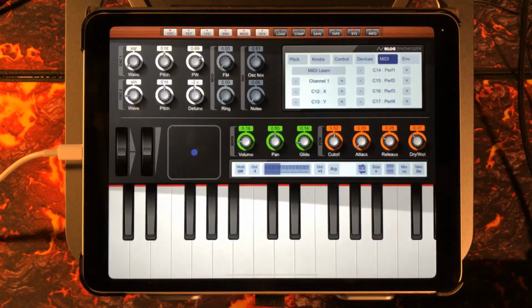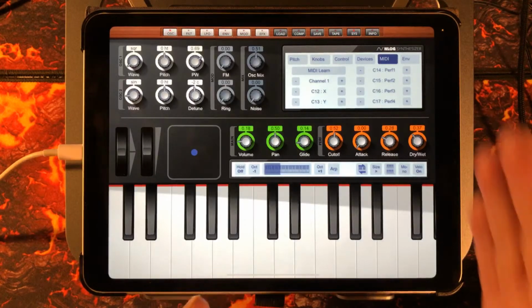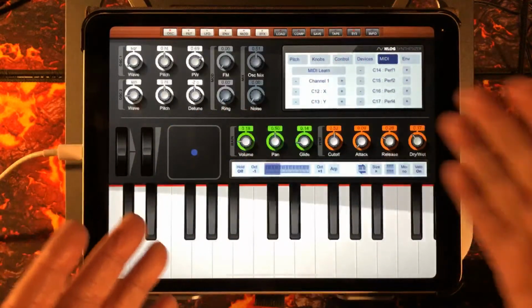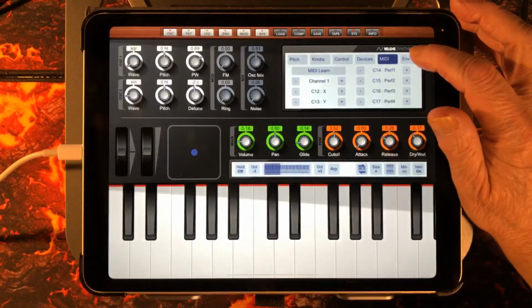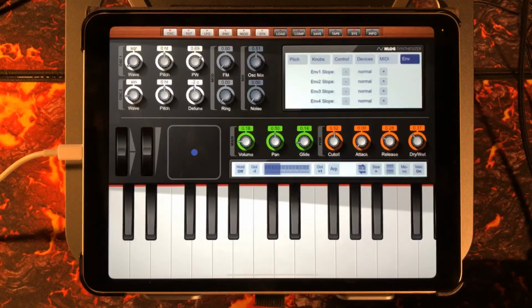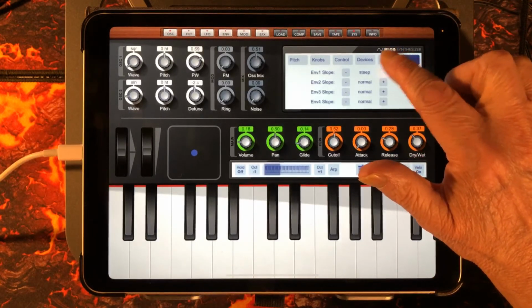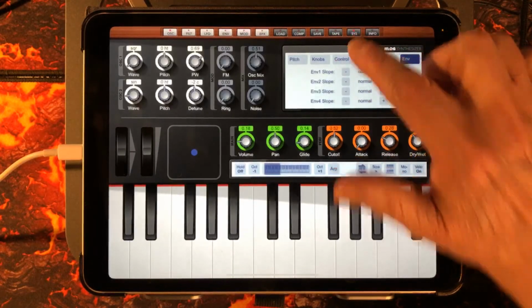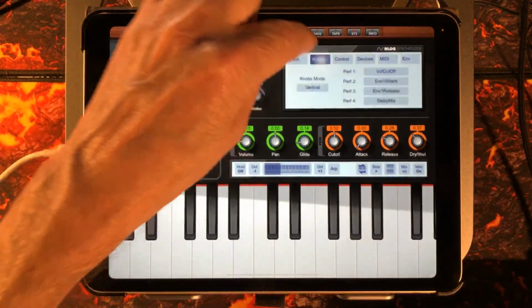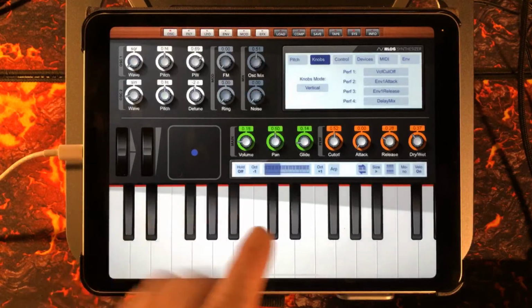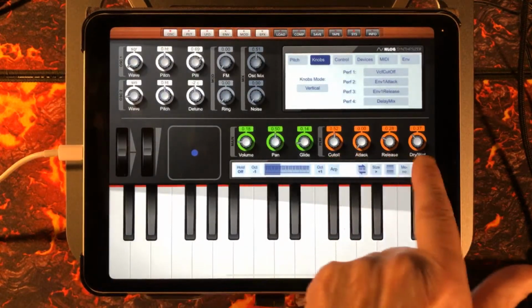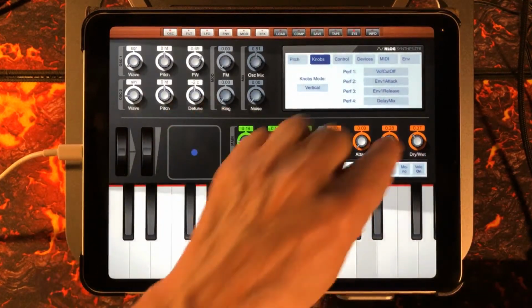Here's your MIDI stuff. So you've got MIDI lane, okay, and then you've got channel and different things. And then you have envelope slope. So you can change the slope of all the envelopes. That's really handy. So you can have it square, steep, or normal. All right. And then you have knobs here. This is where you assign these macros. All right. So you see,